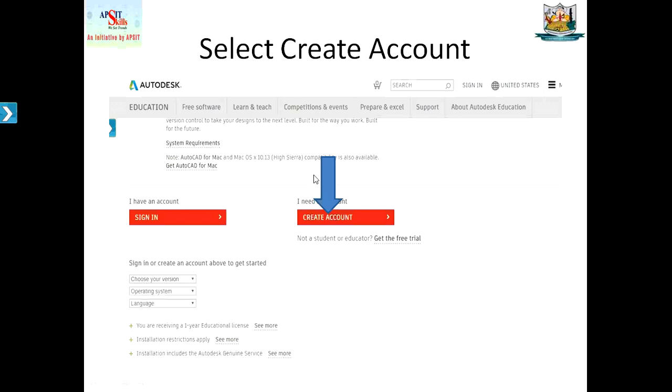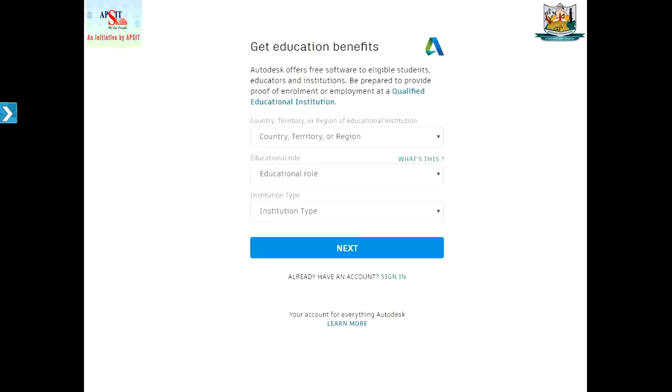Now on this page we have to create an account first by inserting some details like our country, educational role and institution type.